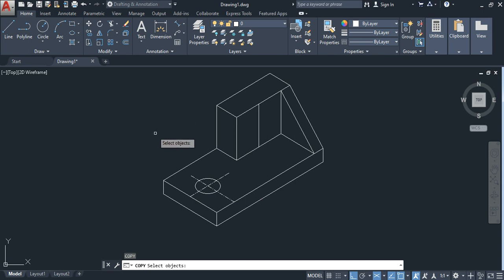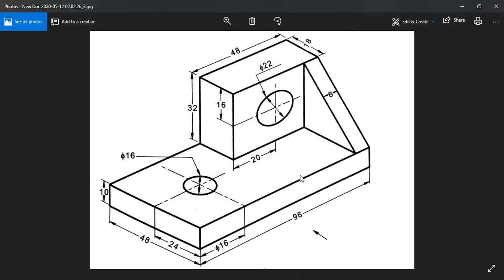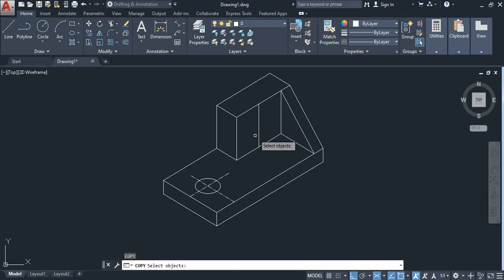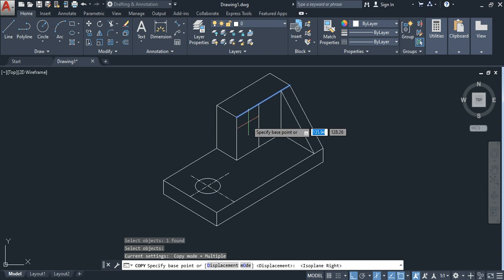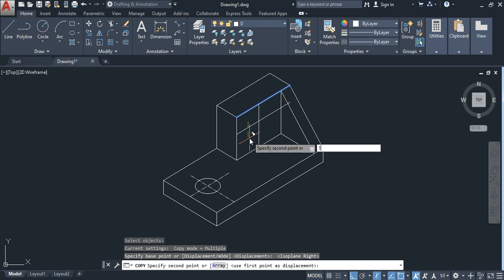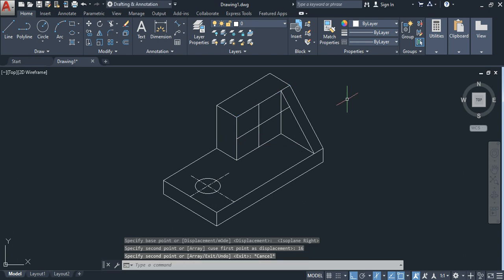Continue with the copy command, and we require one more axis line here, which is at 16 mm from this edge. So select this, press enter, and take a reference at any point, and down we require 16. Type 16, press enter, and just escape. And now here also